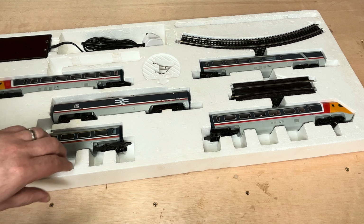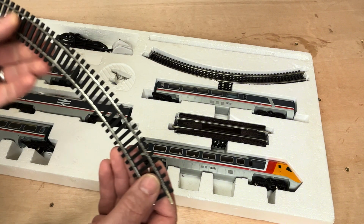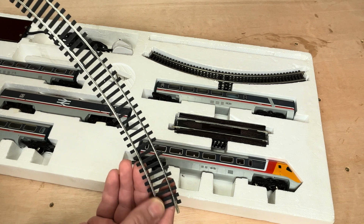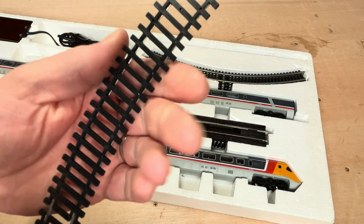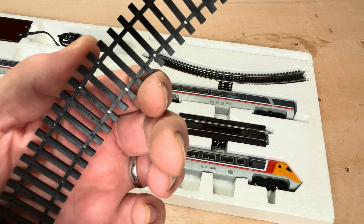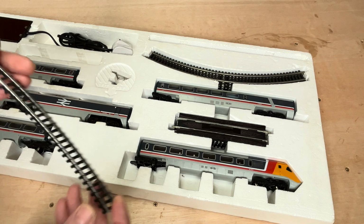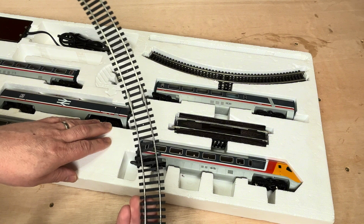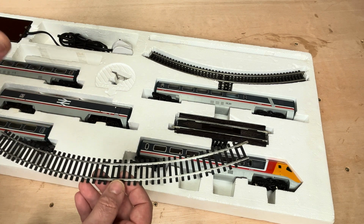Right, where should we start? All the track is here. Some track. Oh yeah, second radius steel track. I might have to give it a bit of a clean. And if I bring it up to the camera, there we go, we get it in focus. Hornby, it's R607 Hornby, made in Austria, so it's steel track. Again, this is original. I try and keep my sets original, so I do have some steel track,